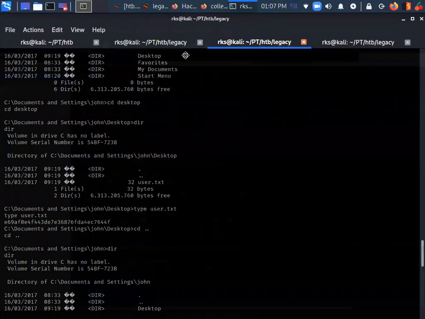So I believe I have already mentioned that this is only going to take us 5 to 10 minutes, right? Yeah, it was that easy. This is happening because we are using automated exploitation here, using Metasploit.